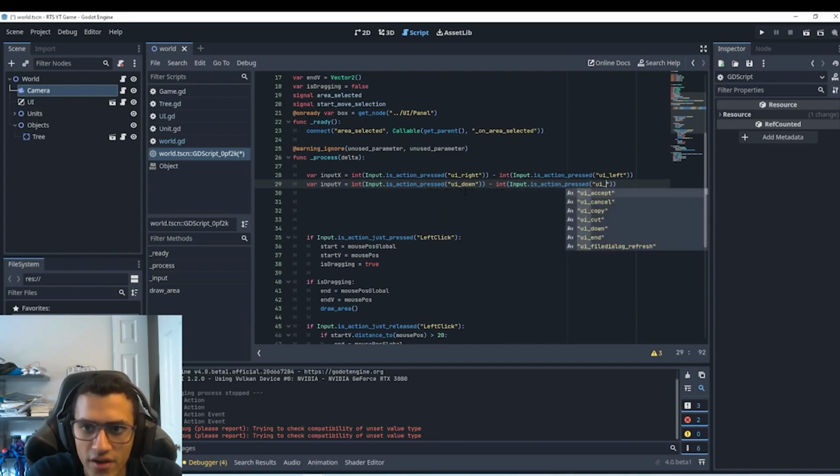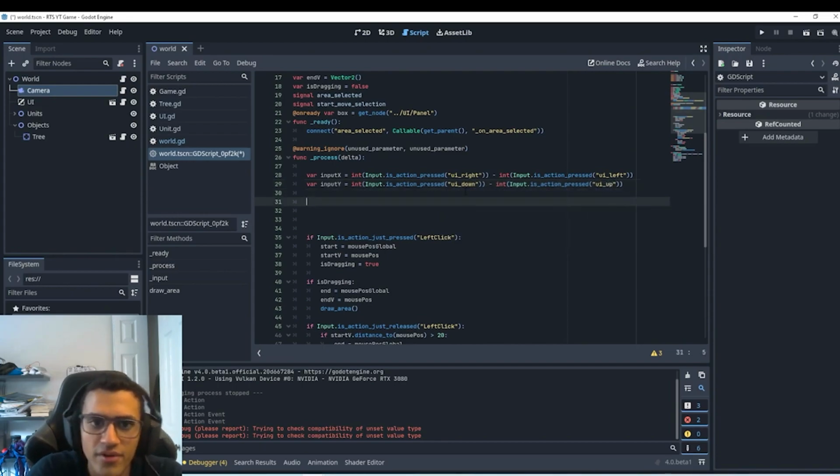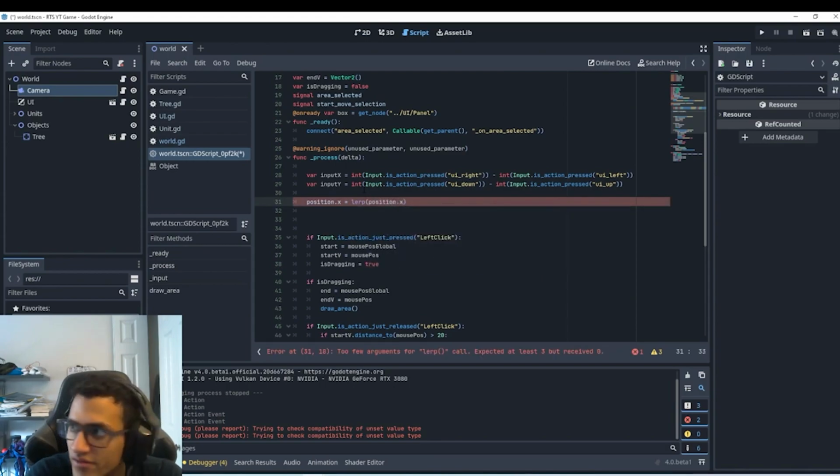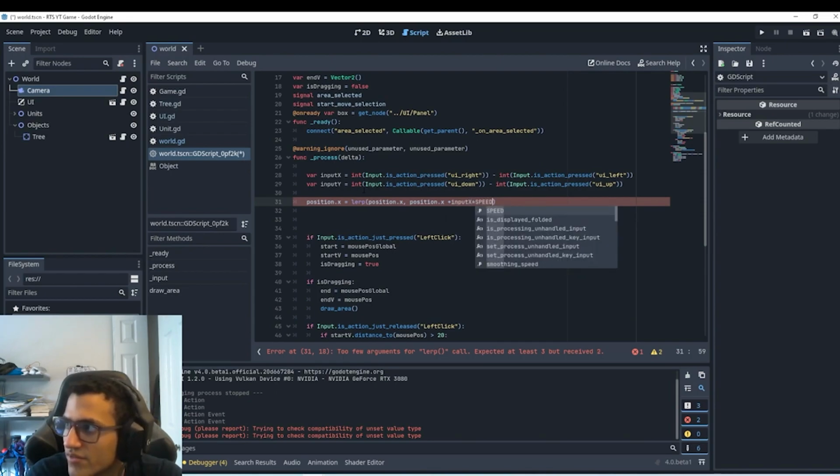And this is going to be UI up. Yeah, there we go, up. And then using those inputs, what we're going to do is basically take our position, so position.x, and make it equal to lerp of position.x, position.x plus the input x times speed, and then times delta, I think. No, times